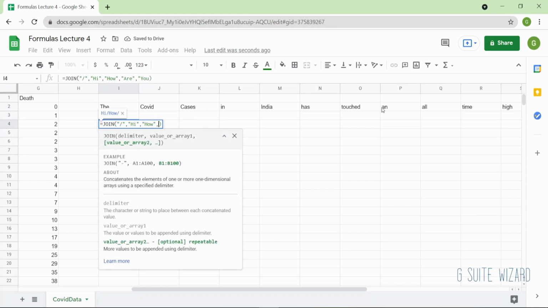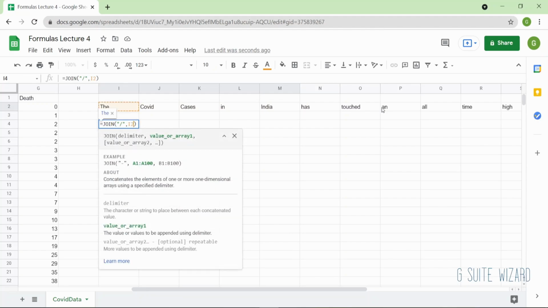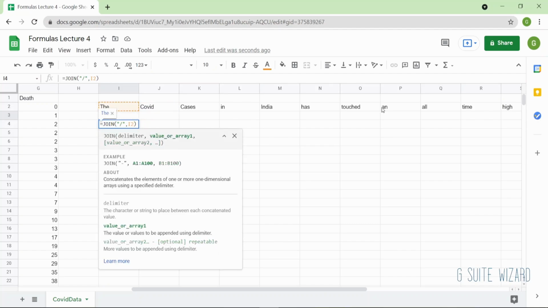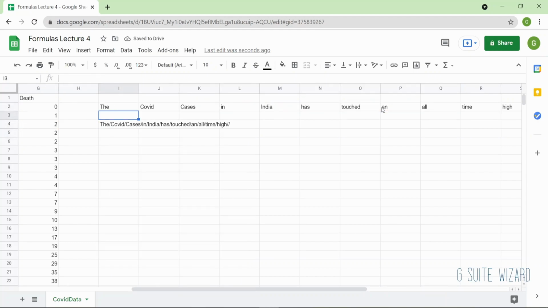Or what I can do is I can also select it from a cell like we have done before. I'll select I to J or I to K. I can select it like this, or also I can select it by giving a comma, right? It does the same thing, but this is quicker. So right now it has joined all of these values.